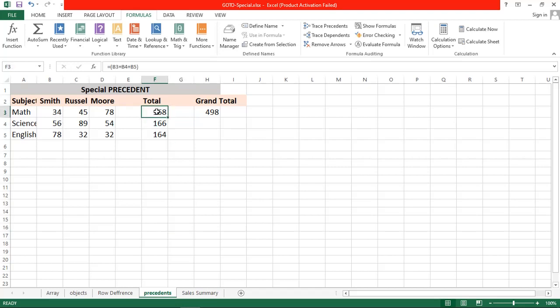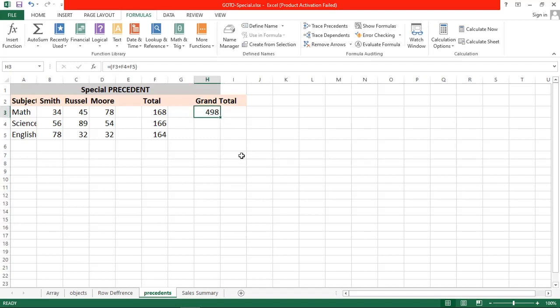Then in total we have the formula B3 plus B4 plus B5 for one student. Again, the second formula we have C3, C4, C5, and then the same thing for the third student. Now this is the total of this one, and again this is a formula F3, F4, F5. So I have to check which value is dependent on which one and which value is the precedent.